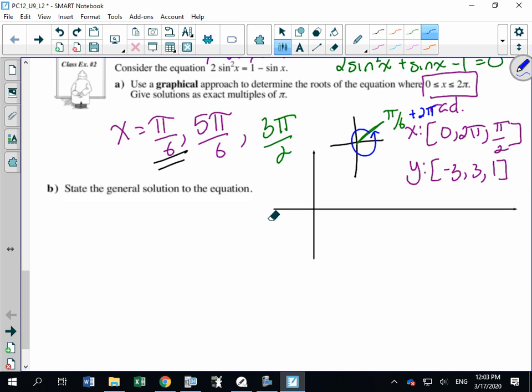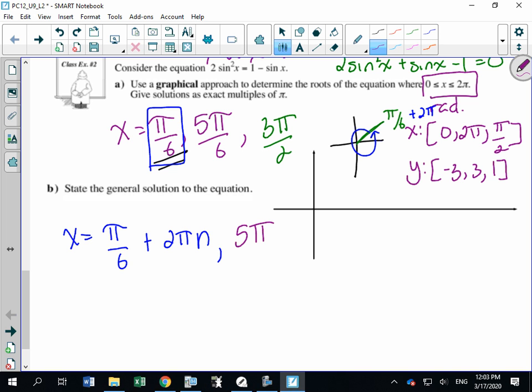So how I would write this is I would say x is equal to, state this solution, pi over 6 plus 2 pi n. So n belongs to the element of integers. That means n could be a positive number and I could go in this direction, or n could be a negative number and I would go the opposite direction. Then I'm going to say comma, 5 pi over 6 is a solution. So now I'm going to write that second solution plus 2 pi n. Right? So at 5 pi over 6, every time I add or subtract 2 pi, I would get a coterminal